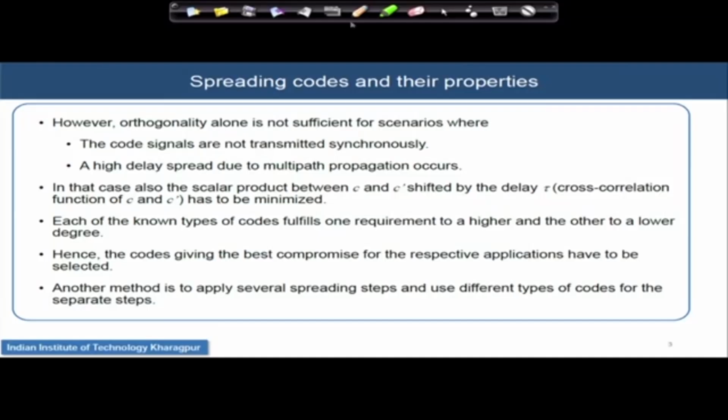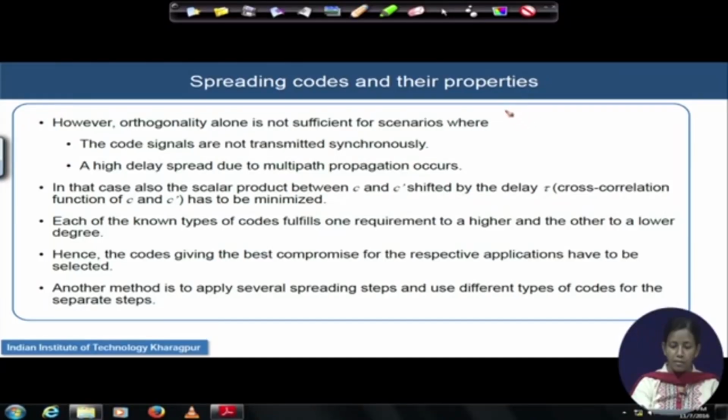That is not the exact case, because as I have explained in the last slide, when the signal is propagating via the wireless communication medium, it not only traverses the line of sight path, it traverses multiple scattered paths, or multipaths. On top of that, the code signals that you are trying to transmit are not always transmitted in a synchronized fashion. So, because of the loss of synchronization, and also because of the delays involved in multipath propagation,